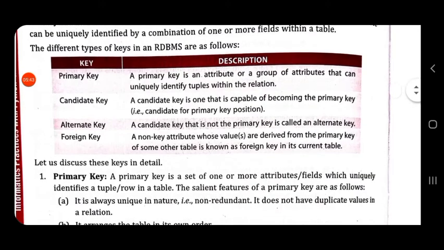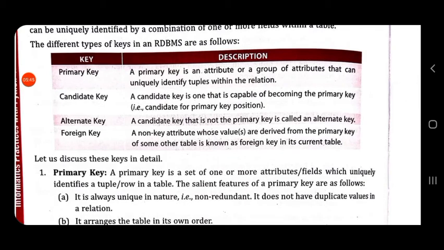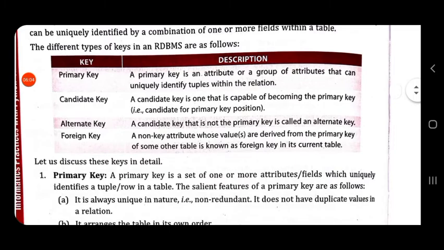So I can consider either the roll number or the admission number as the primary key, because both contain a unique value for each student. So these two columns can become the primary key. The roll number column can be considered as the primary key, and the admission number column also can become the primary key.